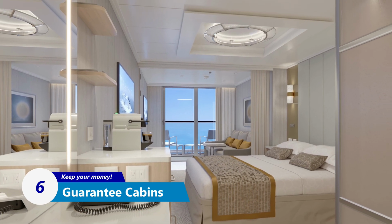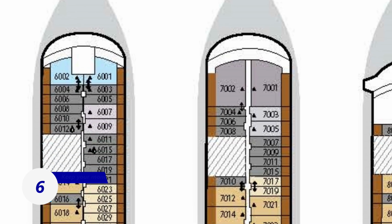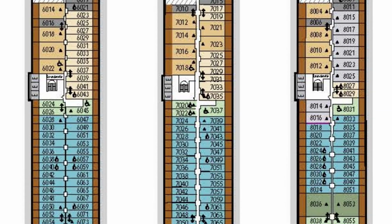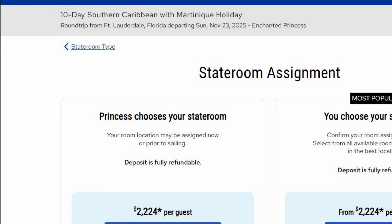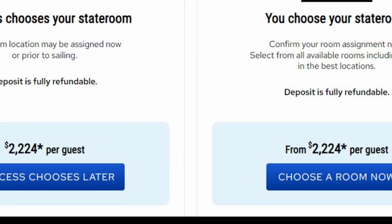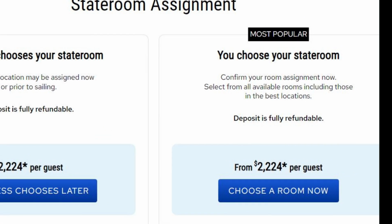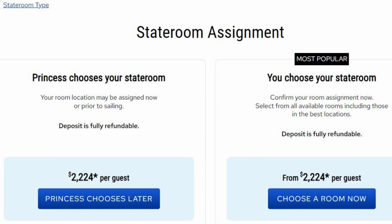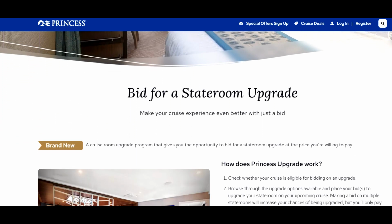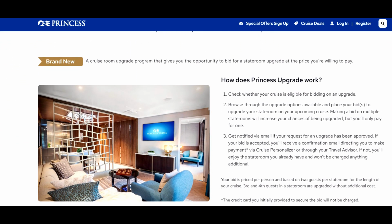Guarantee cabins have been a thing for years, where you don't necessarily know what cabin you'll be in until a couple of weeks before the cruise. But this is the first time that they've really started pushing this up front and giving you that option while you're booking. What that does for them is it gives them the opportunity to take bids on upgrades. It gives them opportunity to move people around,